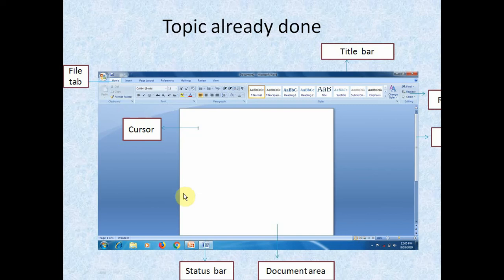So we are going to learn about MS Word 2010 in this chapter.